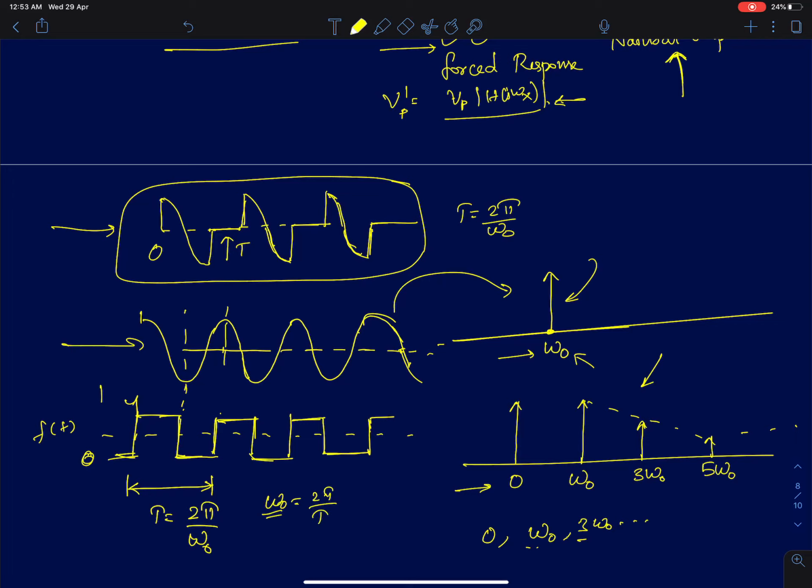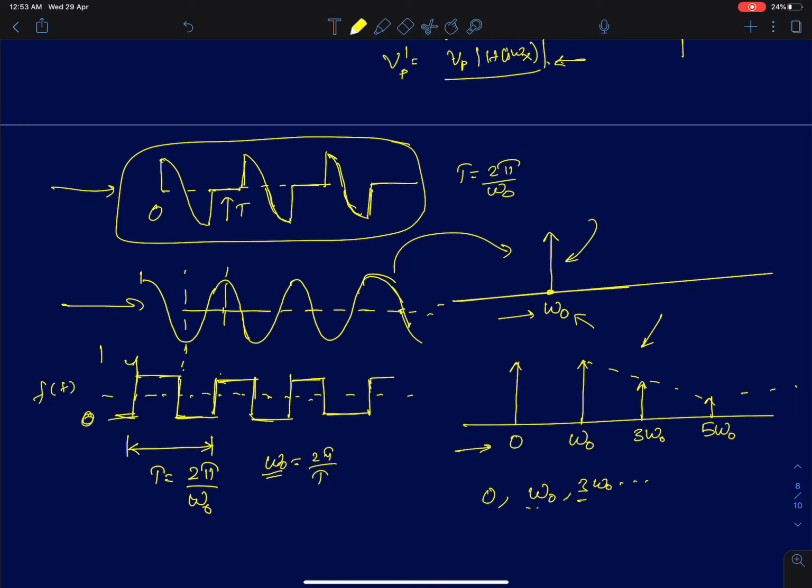Okay, so this is an odd symmetric function. Therefore, it will only contain odd harmonics. Now the harmonics power will actually reduce as you increase in frequency. Again, this is a very standard result for a 50% duty cycle signal. It will only contain odd harmonics, and you can find it in any textbook. So using these two, we will try to derive the frequency content of this signal.